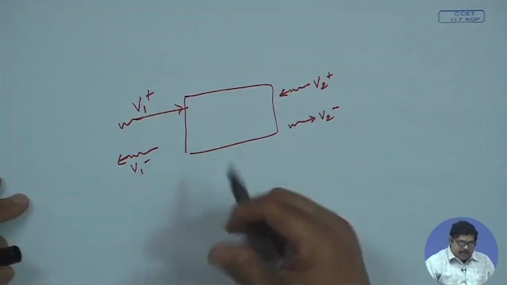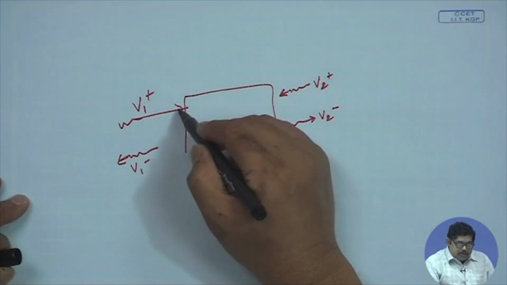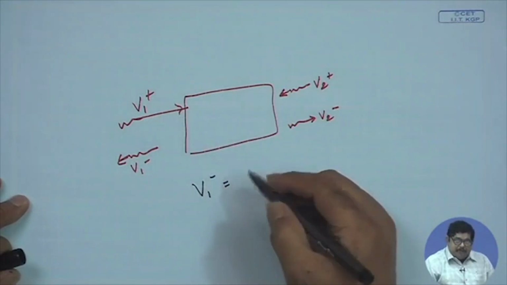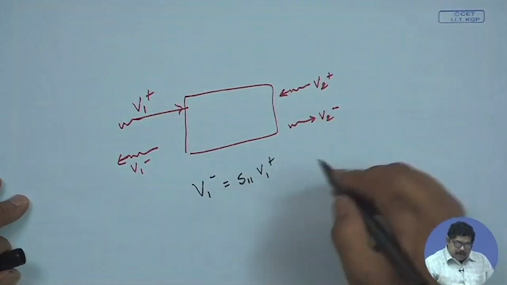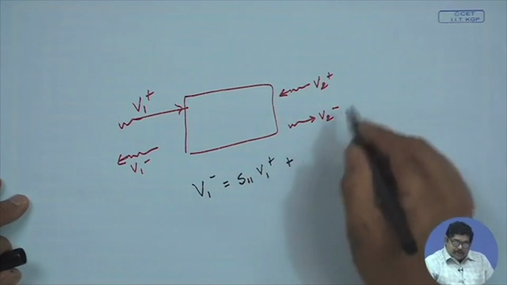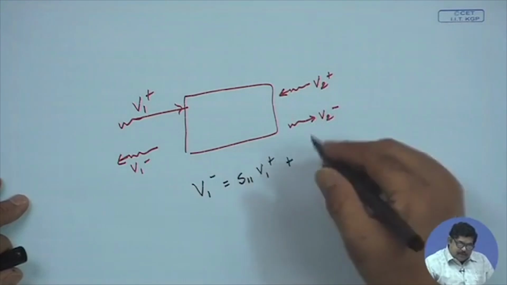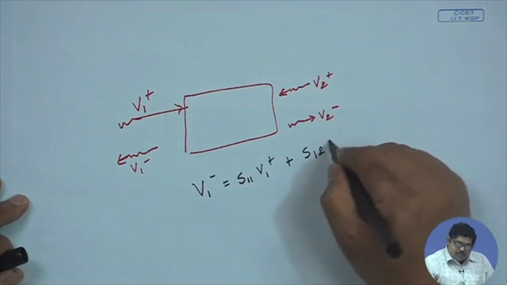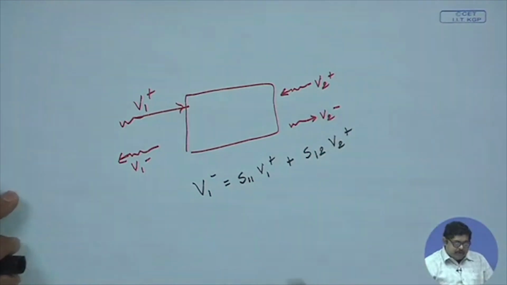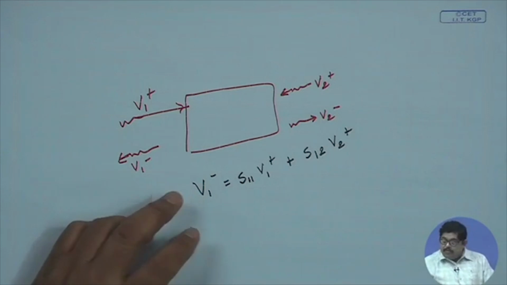Now, how does V1 minus come? Due to this V1 plus I can get some V1 minus, that we call S11 V1 plus, plus due to this V2 plus also I can get a V1 minus, that we call S12 V2 plus. So, V1 minus, that is the